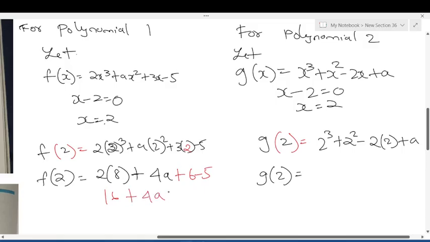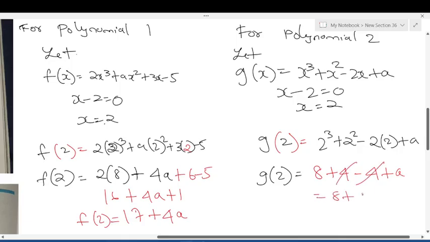16 plus 4a plus 17 plus. All of you got for f of x, did you all get f of 2? Next, for g of 2, what did you all get? For the second equation, take g of x. First equation f, second equation g. What do you get? 8 plus 4 minus 4 gets cancelled. 8 plus